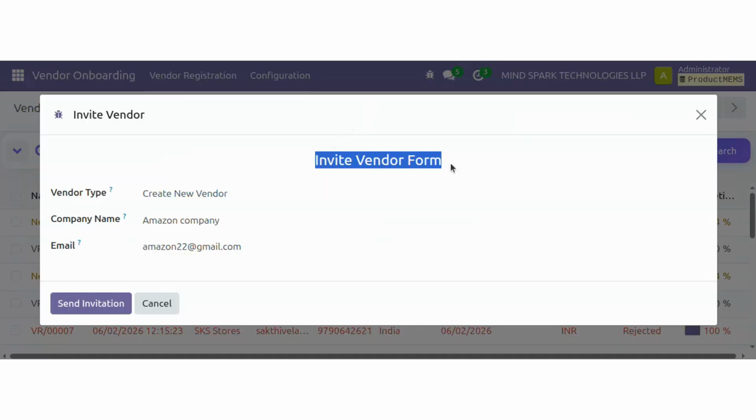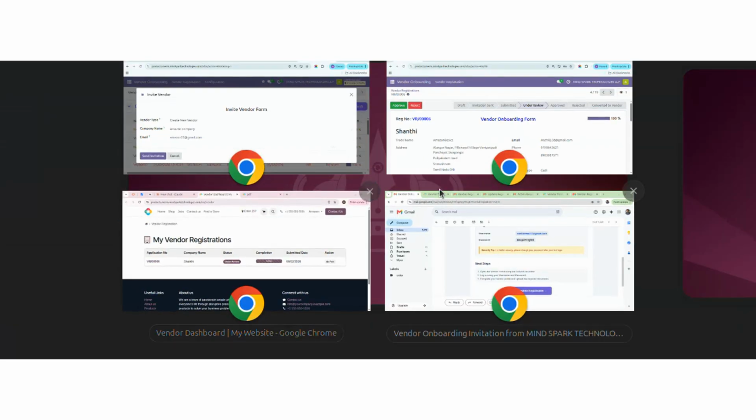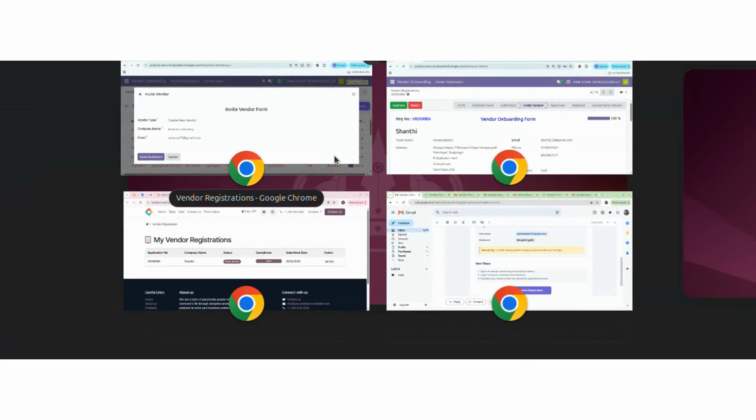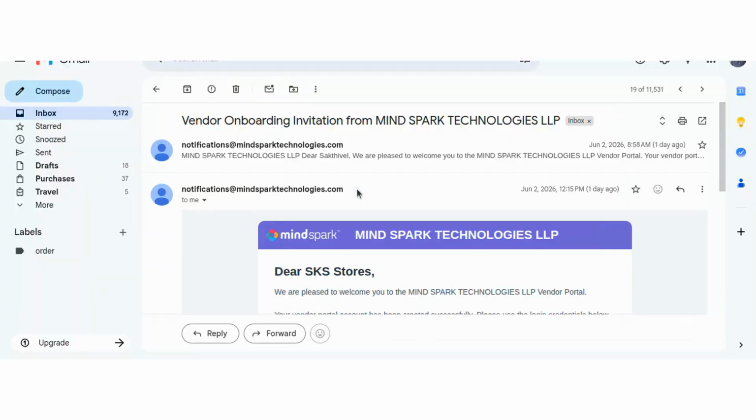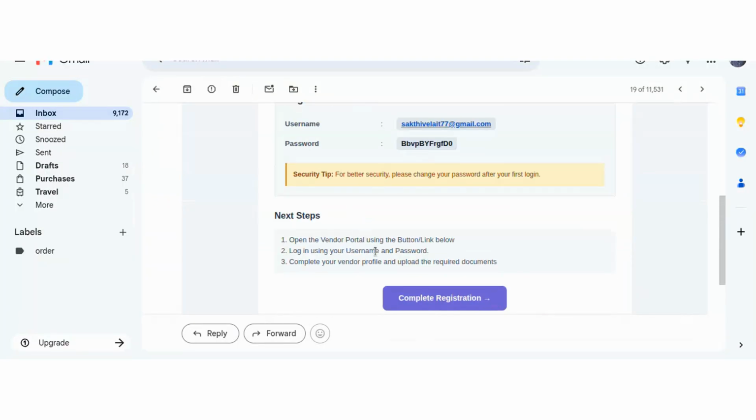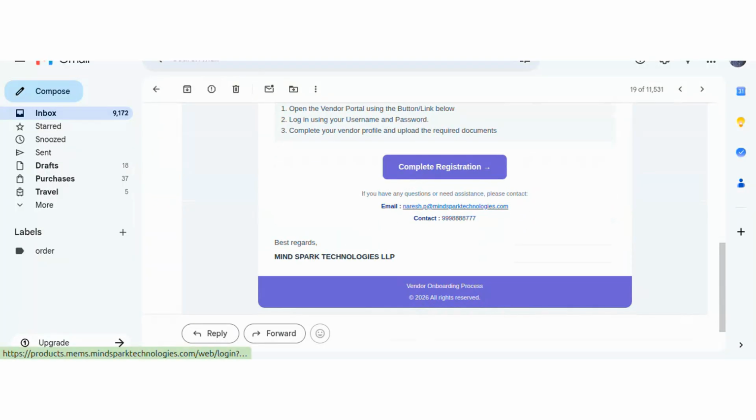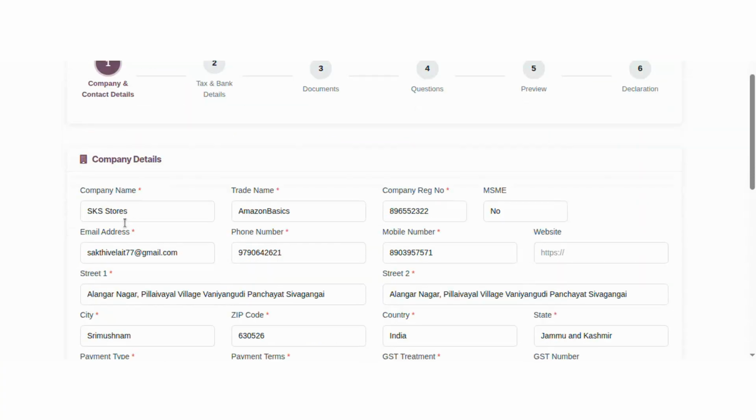Next, the internal team can invite a new vendor directly from the Odoo backend by entering basic details such as vendor type, company name, and email address. Once the invitation is sent, the vendor receives an email with login credentials and registration link. Through this link, the vendor can log into the portal and complete the registration by filling the required company information